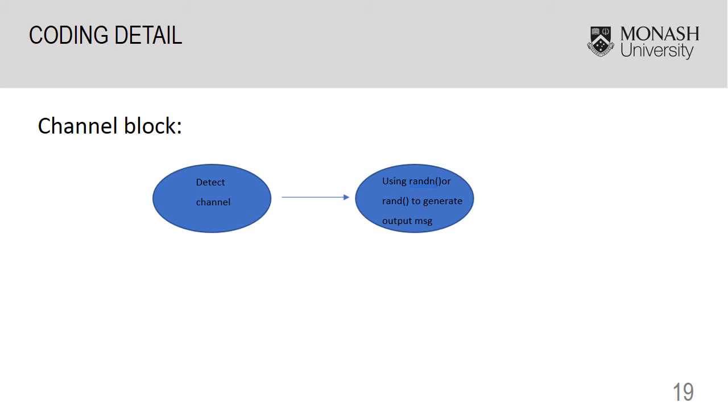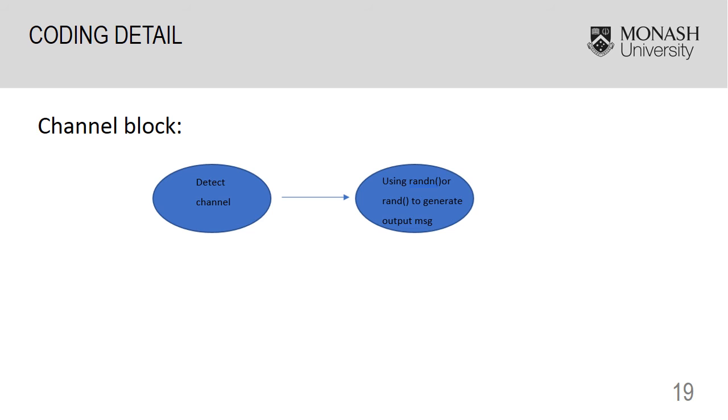For the AWGN channel, the function will use randn, which stands for a normal random number from a normal distribution, represented as random white noise, and add it to the encoded message. For BEC and BSC, it will call the normal rand function to simulate the different channel conditions, and then the function will output the